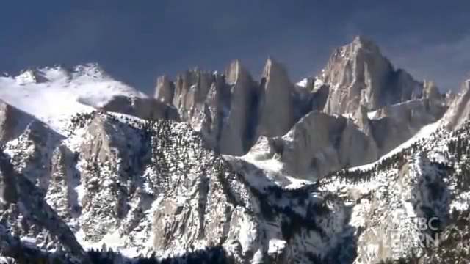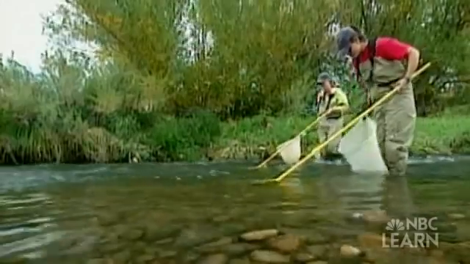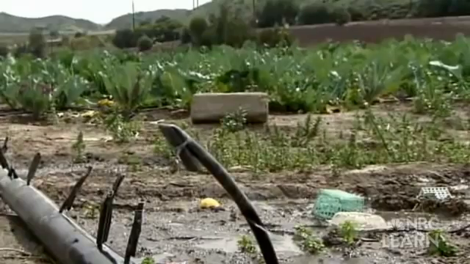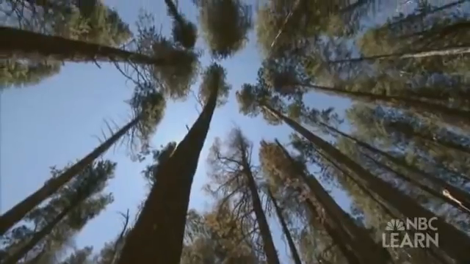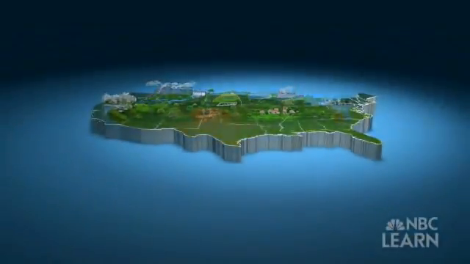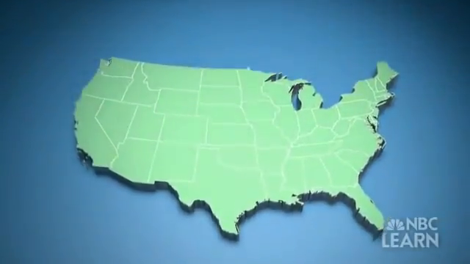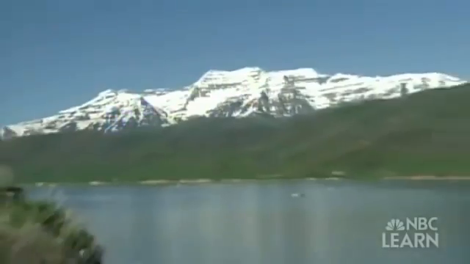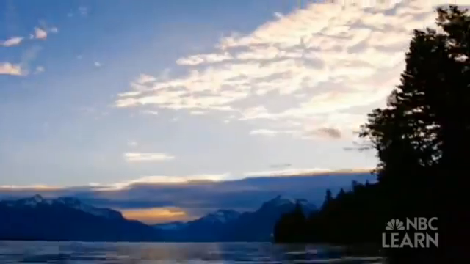There's a lot of water in the ocean, 70% of all the water on Earth. In the ice sheets and glaciers, 2/3 of all the fresh water on Earth. In the snowpacks atop mountains like the Sierra Nevada. In the Great Lakes. In rivers and streams. In reservoirs and watersheds. In wetlands. In the soil, in and on plants and trees rooted in the soil, and beneath the soil, in water tables and underground aquifers like the Ogallala High Plains, which runs underneath parts of 8 states from South Dakota to Texas. All this storage is temporary. Water in all its forms is always in flux and always moving.